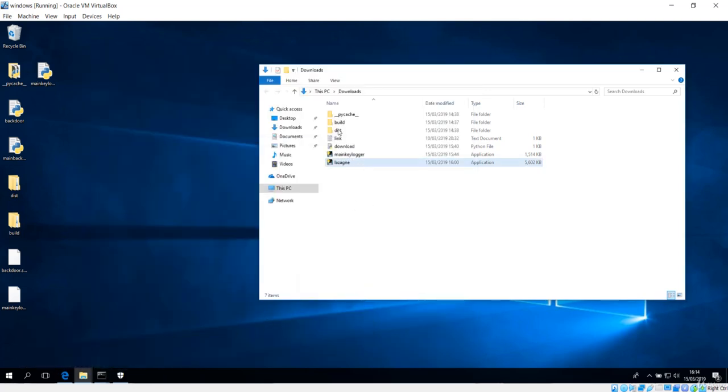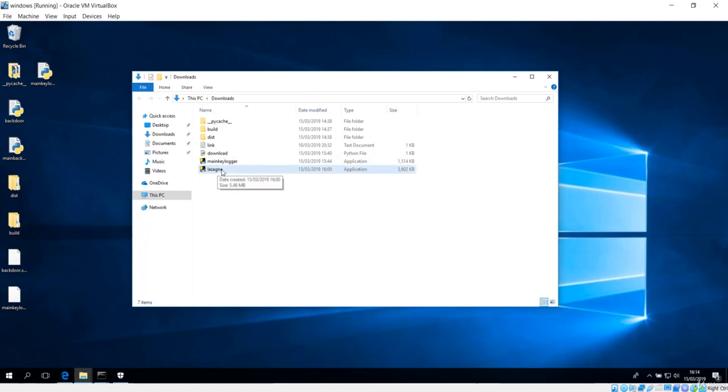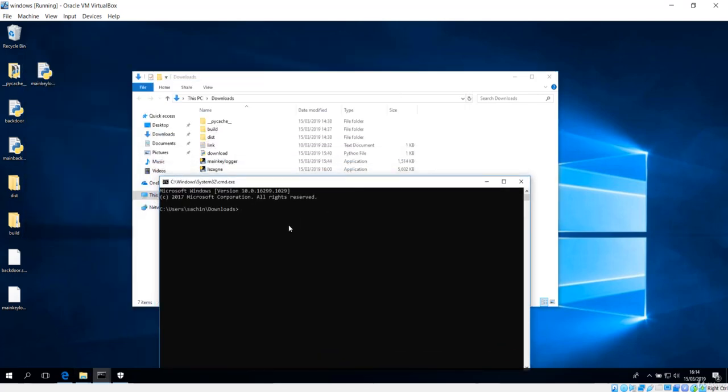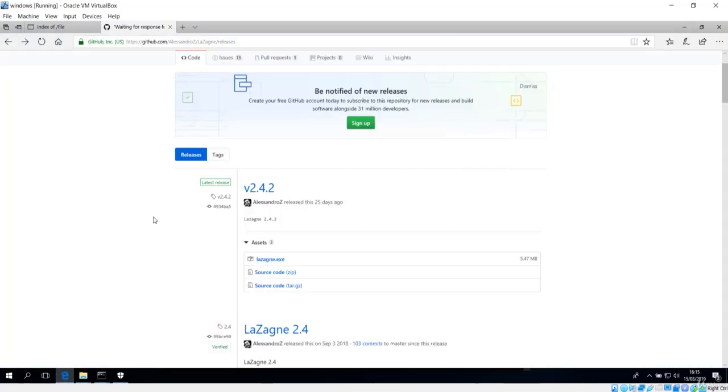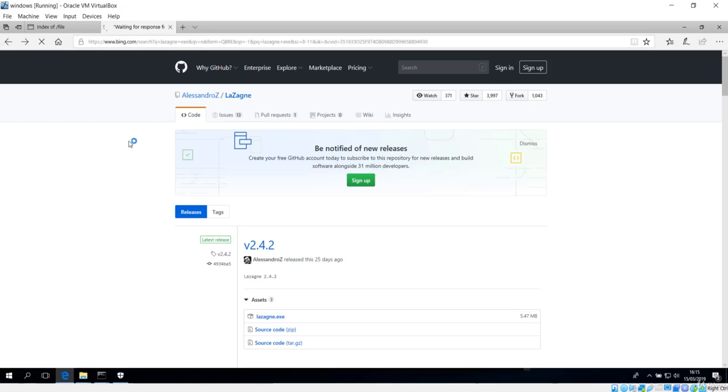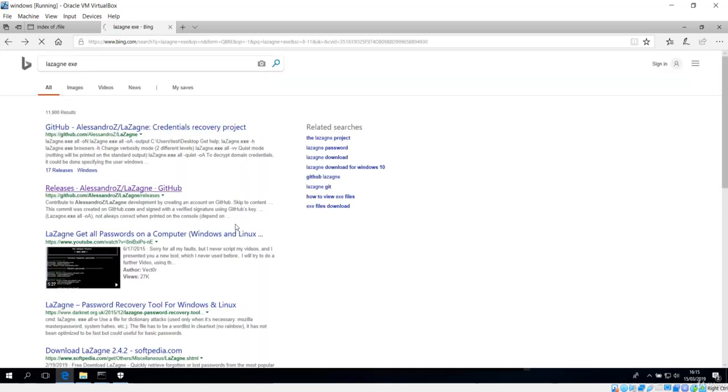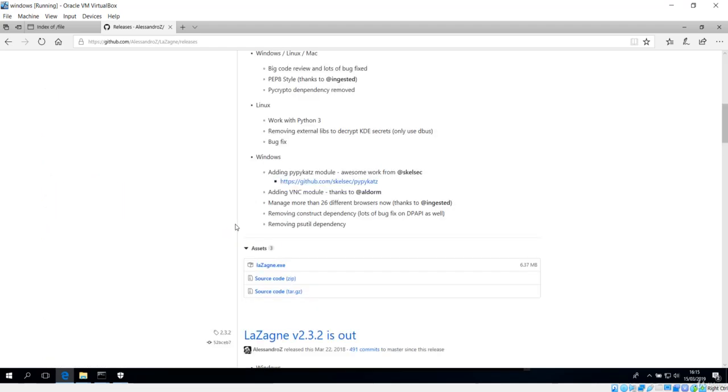After downloading, I have just downloaded it over here. You can clearly see Lazagne is over here. If I have to run this application, all you need to do is type CMD over here, and if I say dir, this is going to give us all the directories in the current location. I want this Lazagne to be running, which is this application .exe. And if you check out the documentation part over here, it will show that it is going to be executed by all functions.